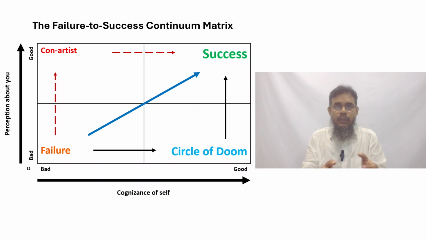And you know that that is an acceptable terminology because you know your skill sets at this point of time are not right up there. Now, this is one end of the spectrum. The other end is you know that the cognizance of self, that you have the right competencies, and the perception about you is also great. Probably you're already in a position where you want to reach, success. This could be you already, which is good. If you're not there, then that journey from failure to success is what we need to work on.